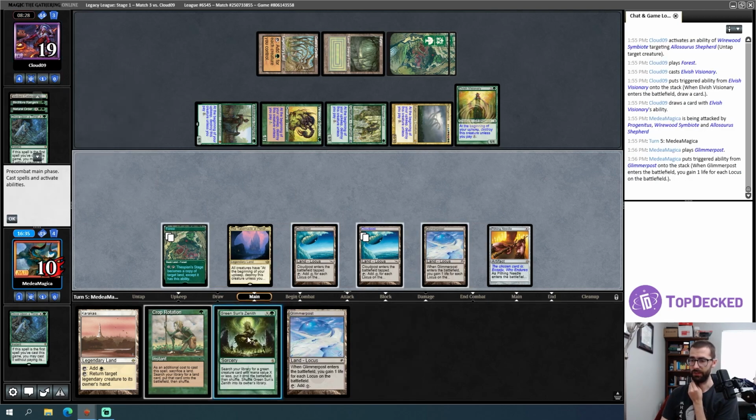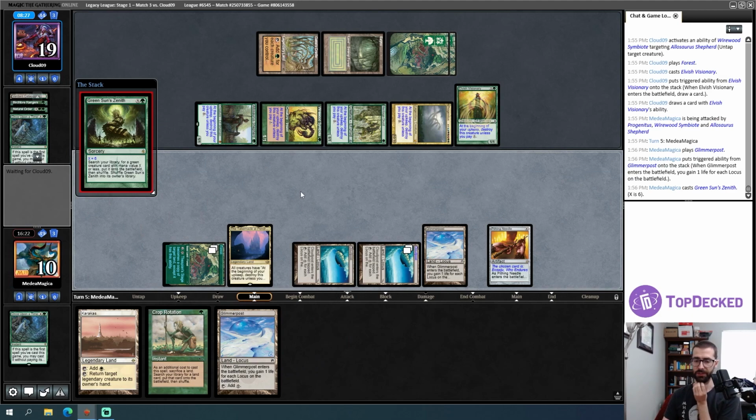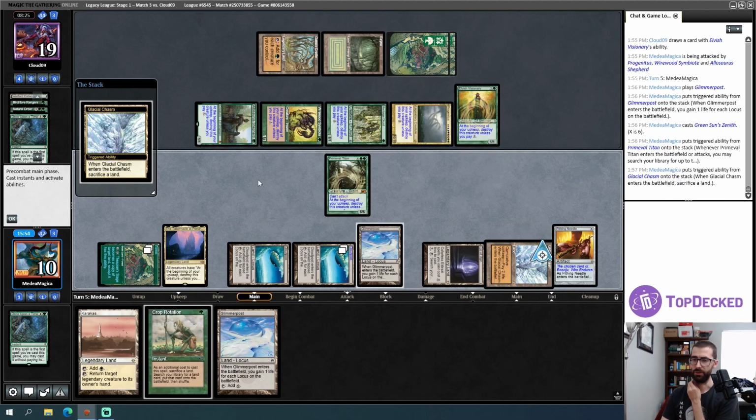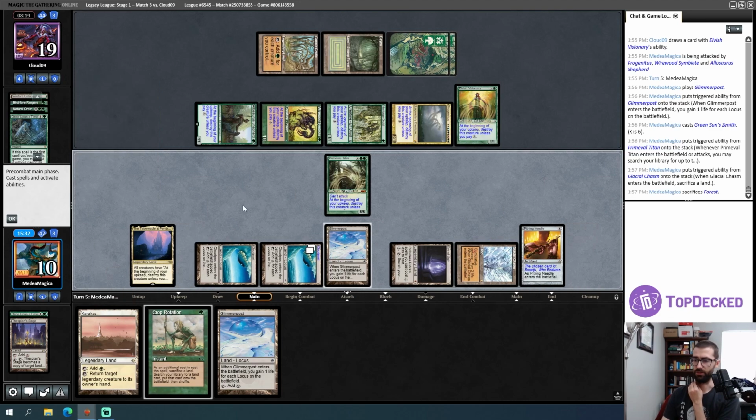Glimmerpost. Gain a bunch of life. There's a green sun for X is 6 for the Primeval Titan. Alright. Now I will use this ability. Has to grab me Glacial Chasm. And do I just want the Eye of Ugin? The Eye of Ugin seems fine. I don't want to sacrifice the Tabernacle, but it makes my opponent way worse at churning their deck. I'm just going to get rid of my Forest. I don't really need that green mana if I can just funnel all of my mana into